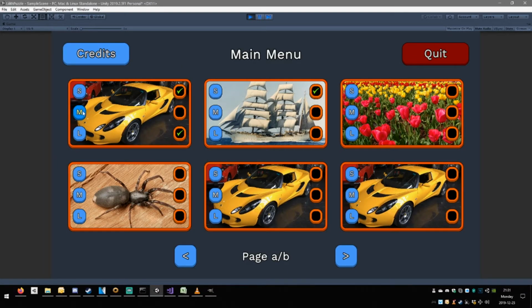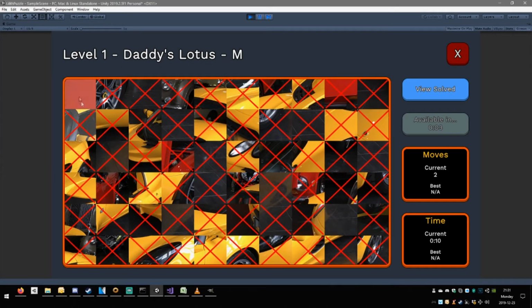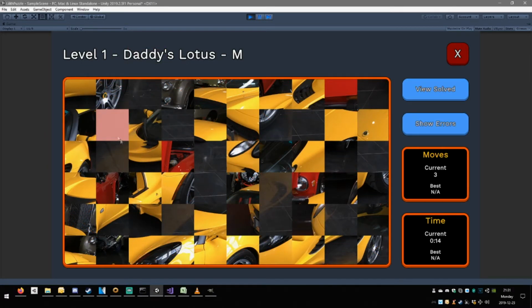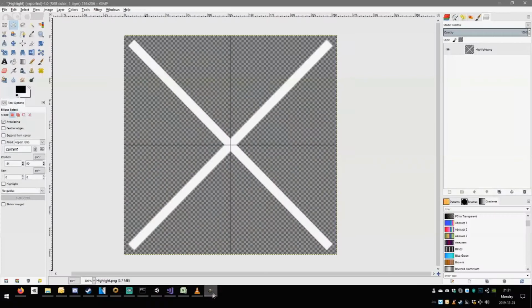Okay. Now let's go to medium. Medium seems a little bit easier. Well, it is. So this should be there. Now if you show errors. Now let me reverse that just to see how the errors look like on... Ah, it's still visible. Yeah, maybe we should give it